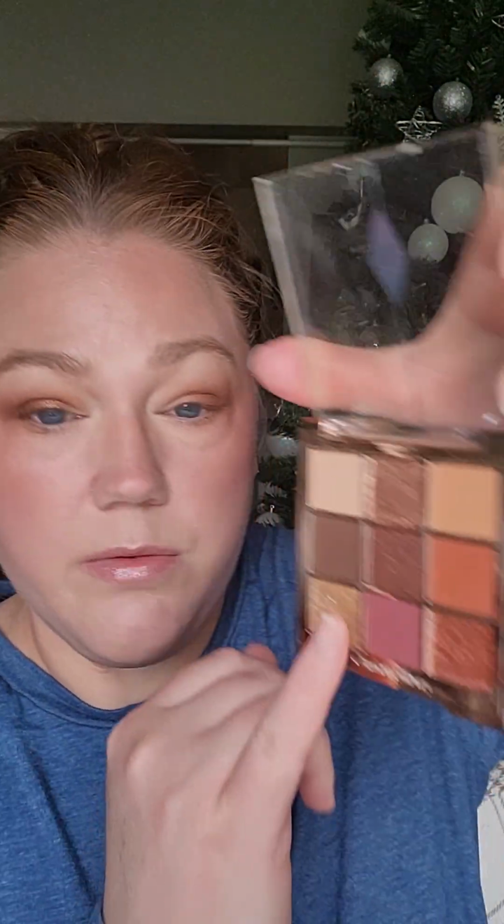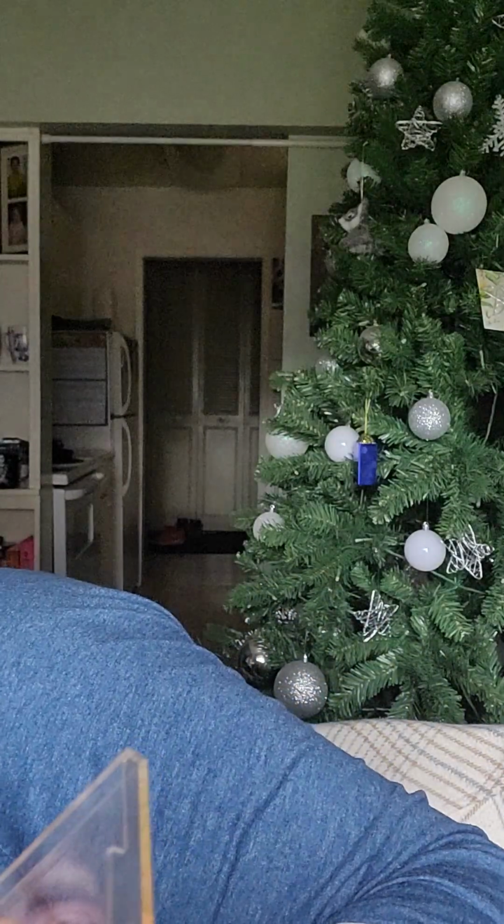Just like that. And then I'll take this one down here. Put this one at the front. I definitely like the payoff from this palette more than the Patrick Ta one. Patrick Ta ones, they're nice, they're easy to use. But my preference between the Patrick Ta palettes and these Charlotte Tilbury ones is, I like the Charlotte Tilbury ones better. And I like these Charlotte Tilbury ones more than...